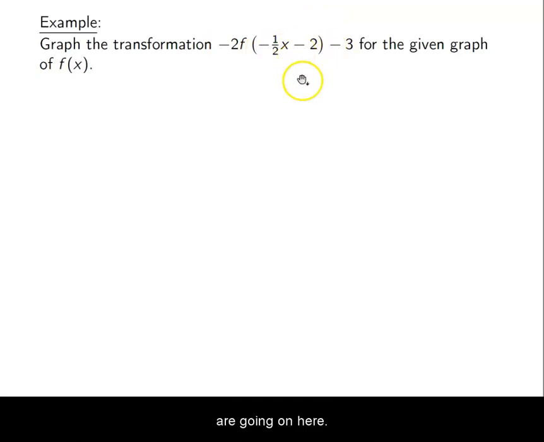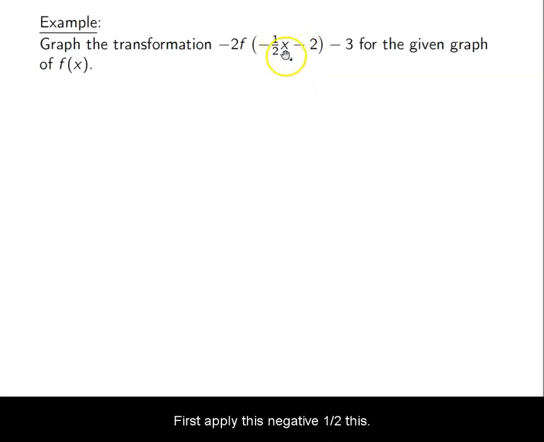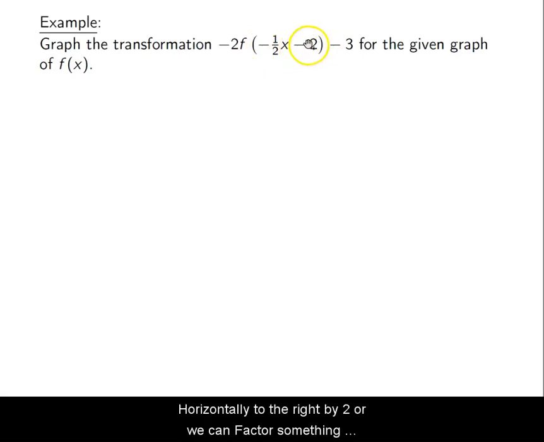So there's a couple of things that are going on here. -3 for the given graph of f of x. Here we can think of things in a couple of ways, right? That is, we can first apply this -1/2, this expansion horizontally, and then shift it horizontally to the right by 2, or we can